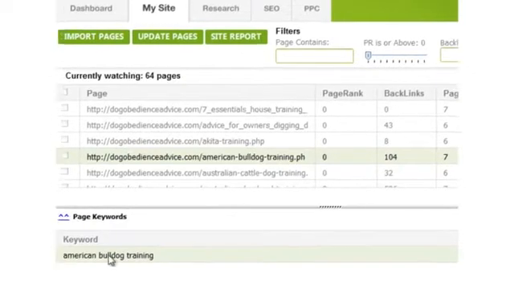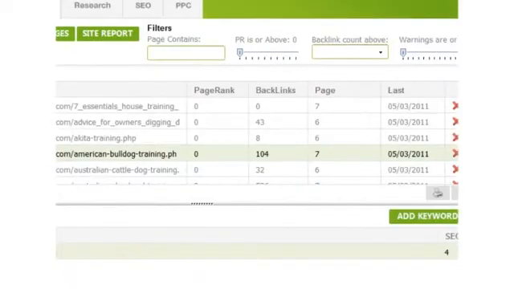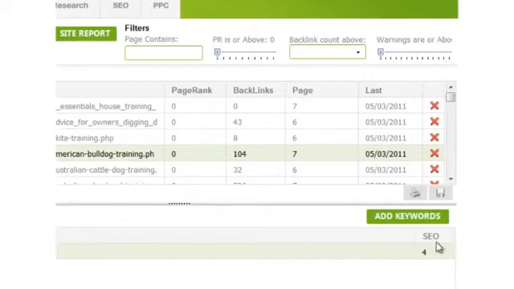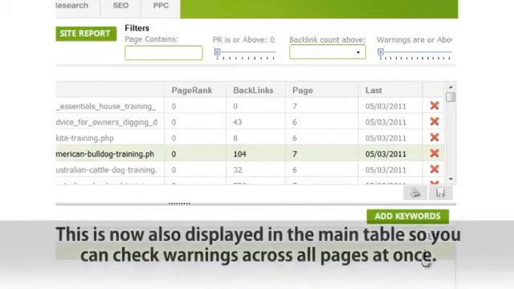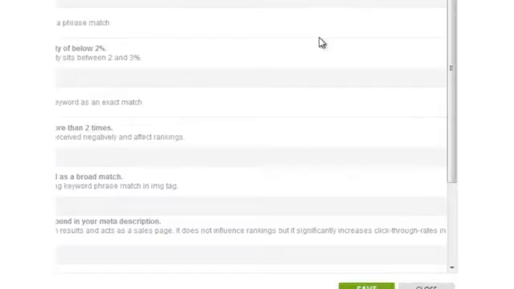The second thing is, by looking at American Bulldog training as the keyword we're focusing on, across here it says SEO 4. 4 is the number of things that Traffic Travis is saying that could be altered in my website to make it better on-page optimized. So if I click on that, we can see now that